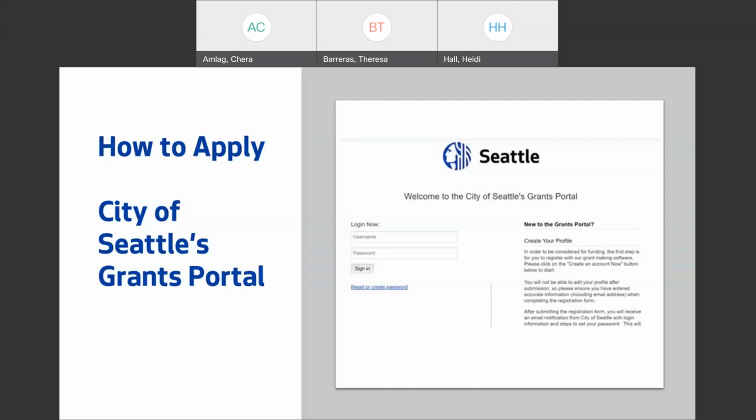So it sounds like all this funding is for new projects. It can't be something that's happened in the past. You've said that several times, so that's pretty clear. But we have members, for example, a dance company that teaches classes, and some of the things they've done in the past is have some of their dancers perform in abandoned spaces as a way of activating the community. So could we, going forward, put together a proposal where they do that again, and we pay the instructors for their time in creating those programs?